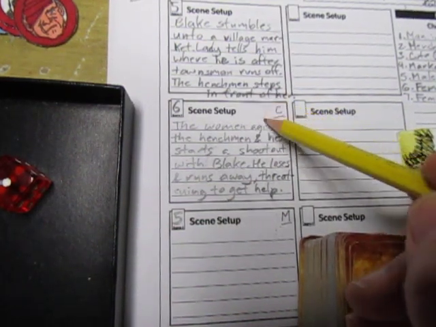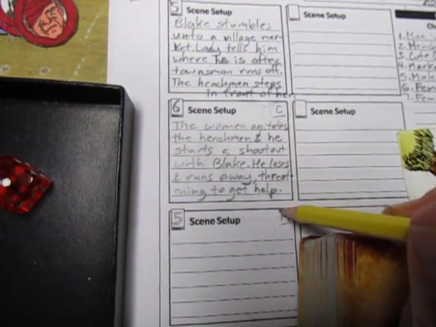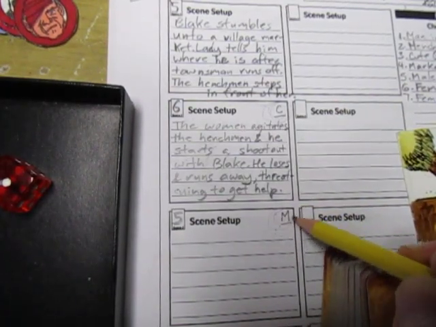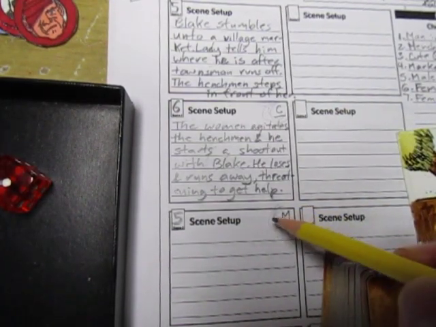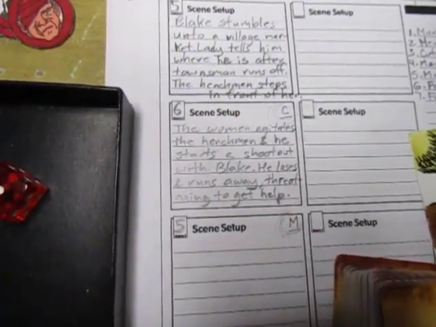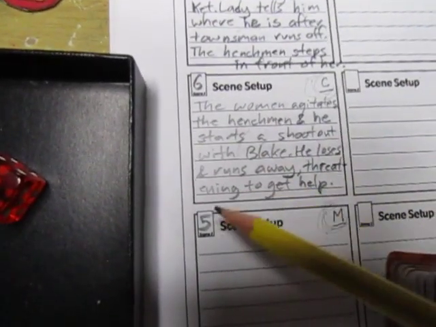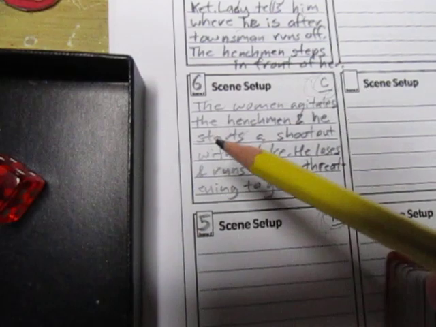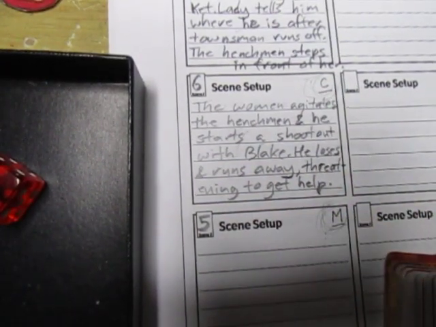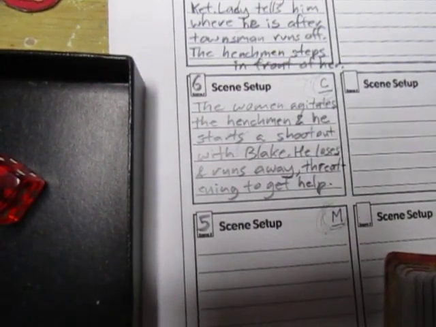The trigger went off already. This was for combat, I believe. The next one I'm going to go on to, M, is a trigger for a clue for the man in black or the mysterious stranger that followed Blake. So let's go to the next scene, since that combat was a whole scene in itself, and I think that went pretty darn well. And Blake's still alive, so let's move on down